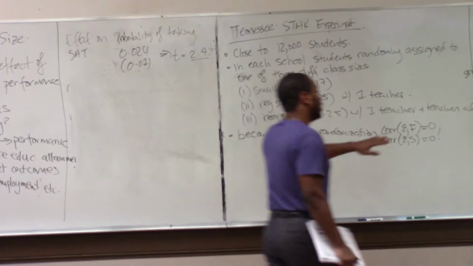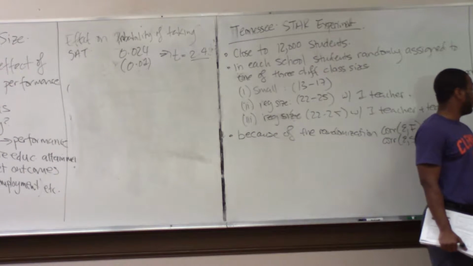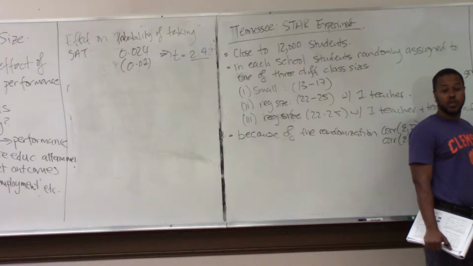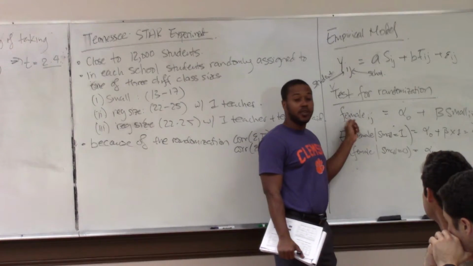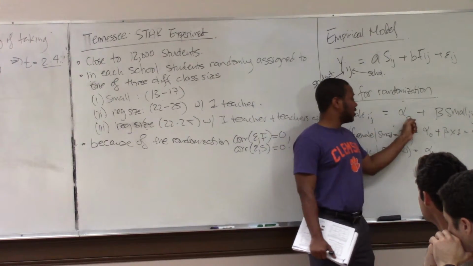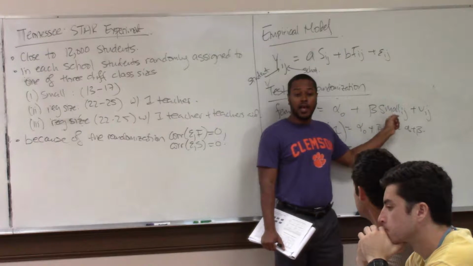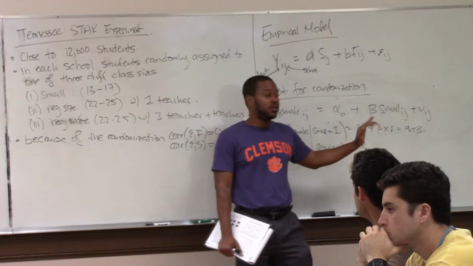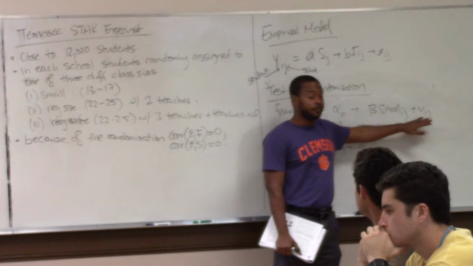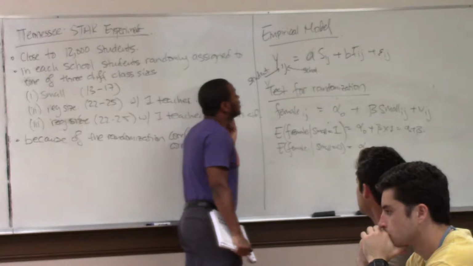And so what I said was, the way to check that is we take a dummy for a teacher characteristic or a student characteristic, so for example, female, and we regress that on some constant alpha 0 plus beta times this indicator small ij. I just want to explain this to you conceptually. Plus an error term, right? And so what this is saying is,